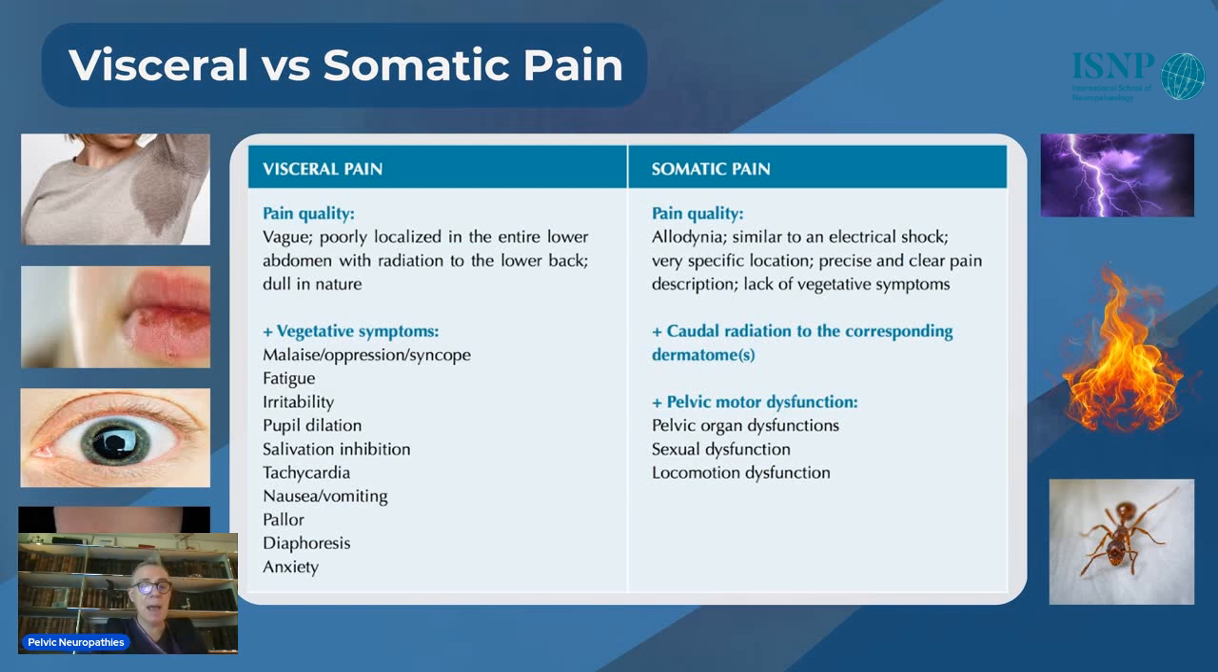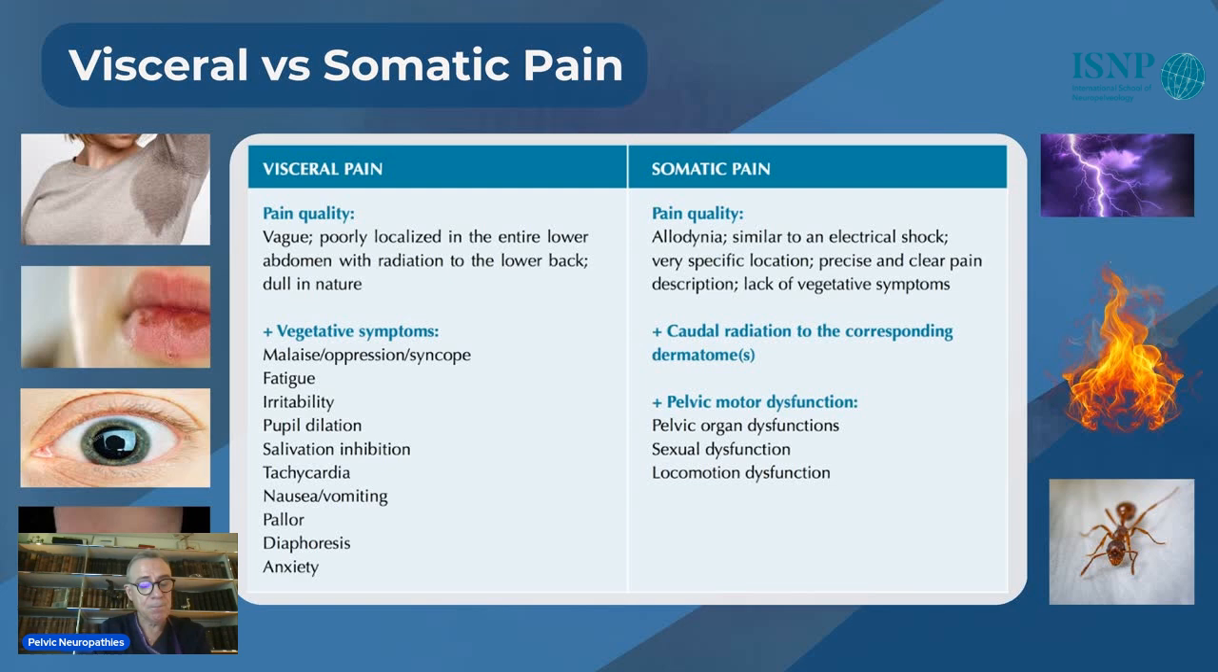And then you will have an overactivity of your brain. So you will have malaise, oppression, even syncope. You will be very, very tired. One bad word in your family and you will explode. You will have tachycardia, nausea, vomiting, anxiety, diaphoresis. That means your hand will be very wet and cold, and you will start to sweat in the axilla, even if